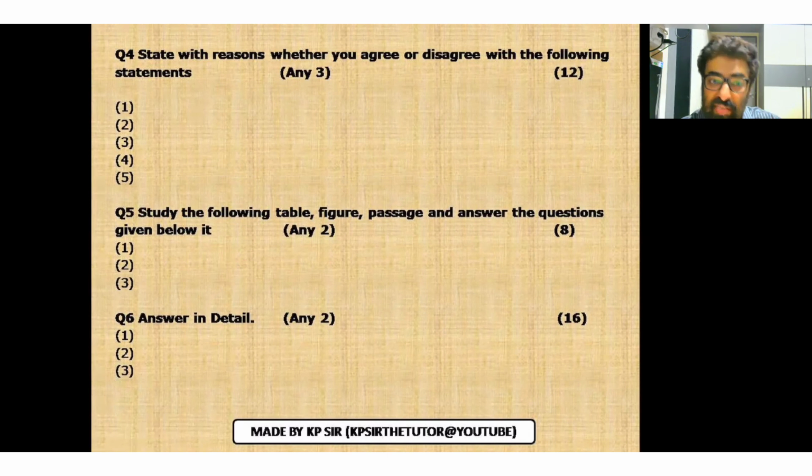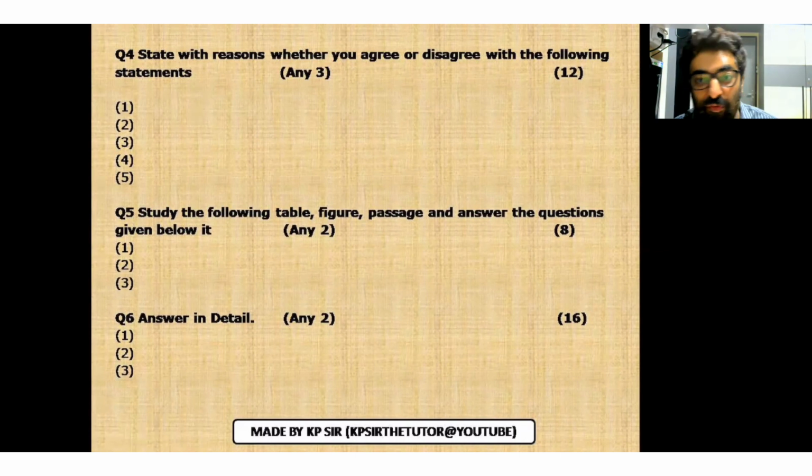Now, this 5th question, because of the change in the syllabus, they are going to put some analytical questions. So this question, you will be able to answer only if you know the concepts in economics properly. They'll be giving you a passage, a comprehension, and there will be 4 questions based on them. So you have to read the passage and write the answers.